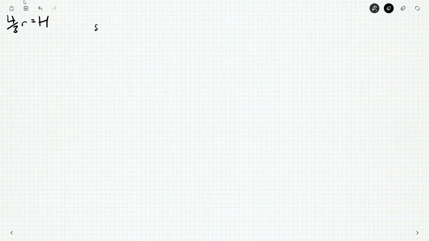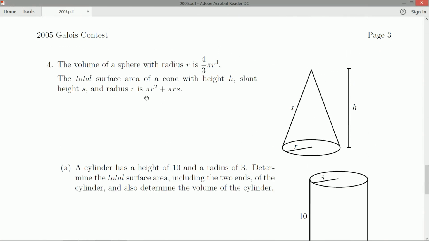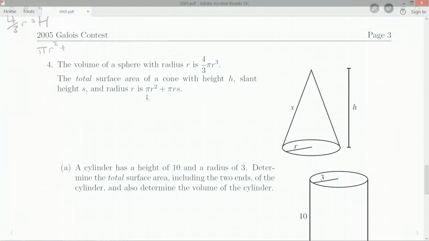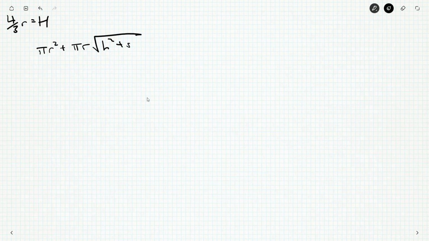Alright, so we know the surface area of the cone is, so what was it? It's pi r squared plus pi r s, but s is of course the square root of h squared plus r squared. So that's the surface area of the cone,